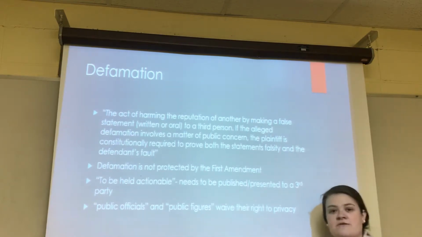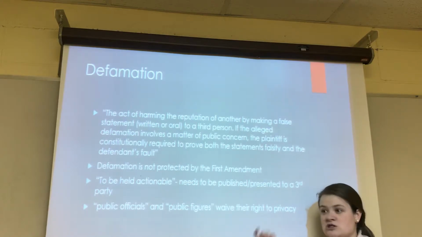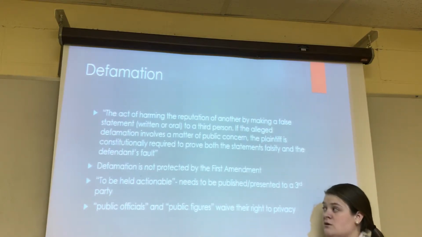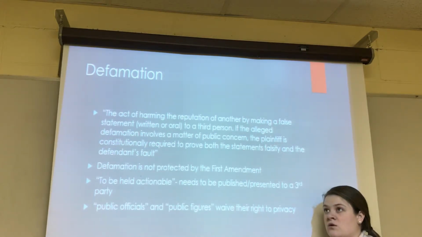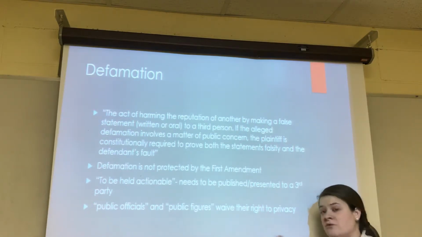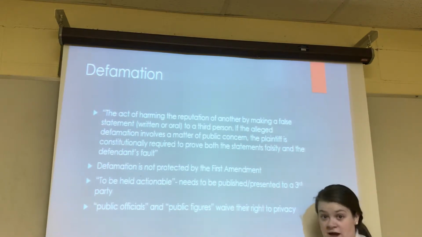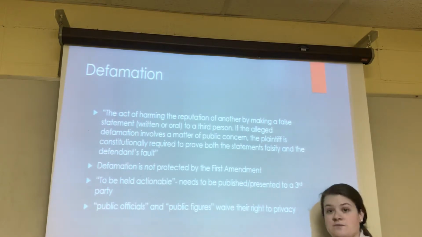Defamation is not protected by the First Amendment. Okay, so I've got freedom of speech, hate speech, defamation, libel, slander, which we'll talk about in a second, not protected by the First Amendment. Okay, so when the white supremacists want to go out and have hateful signs bashing in a public space, that is not allowed. Police officers, rightfully so, go in and prevent something like that.